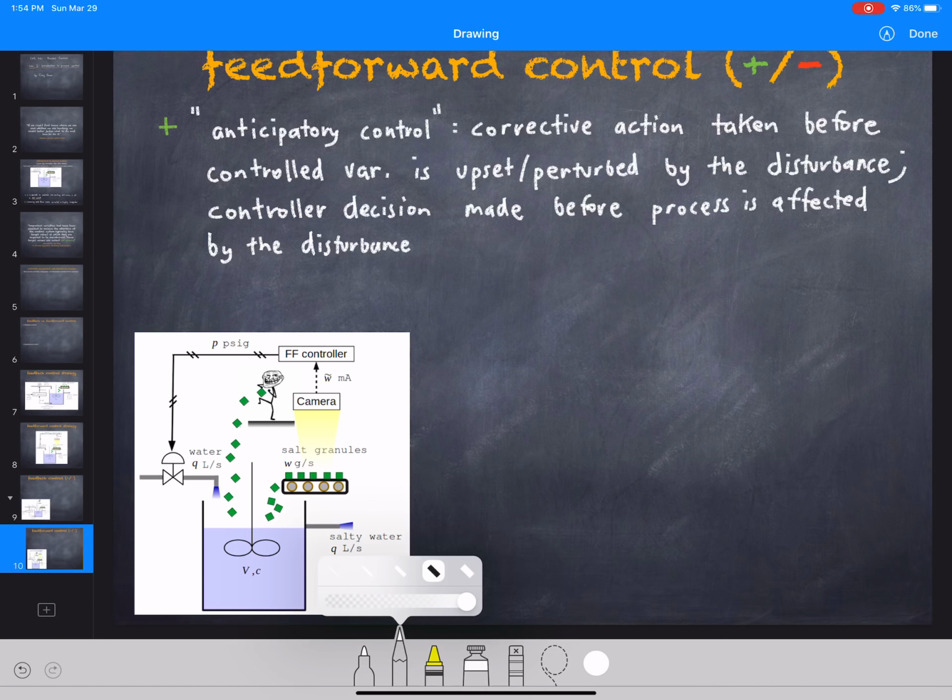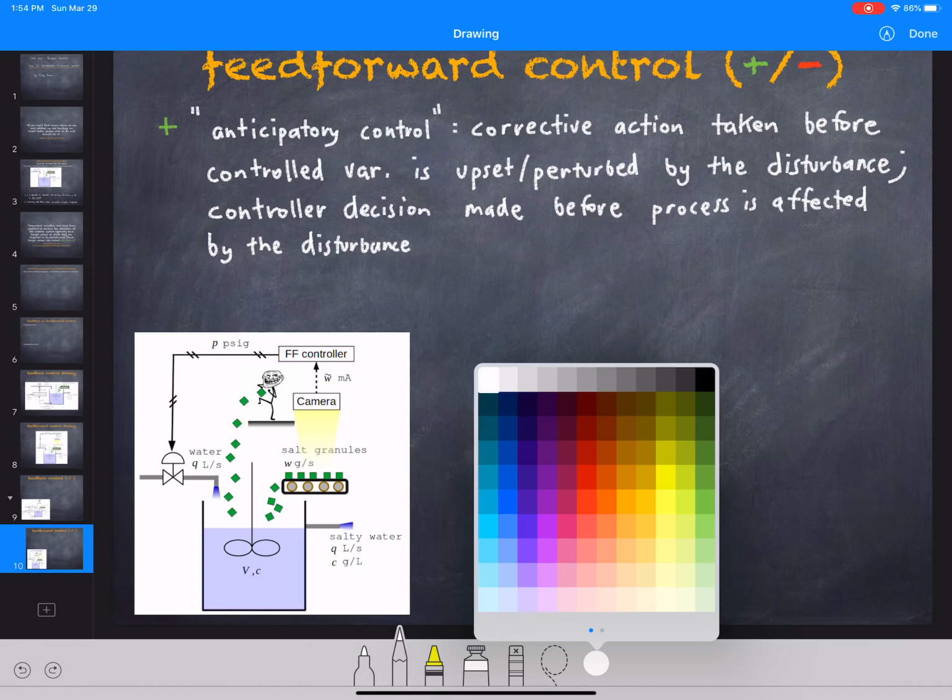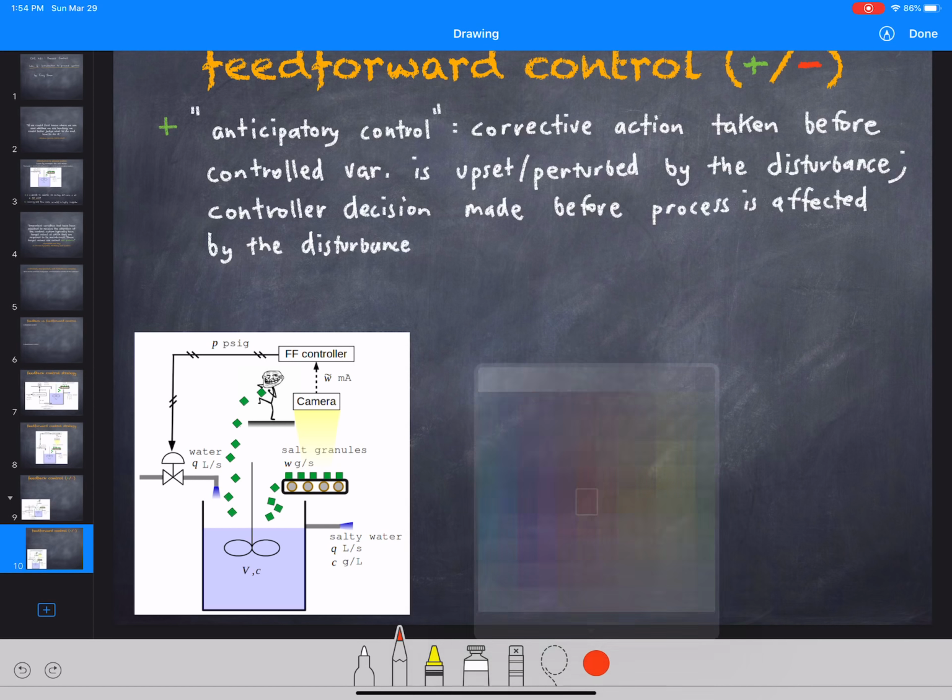Yeah, so that's a wonderful part of feed-forward control. And it makes total sense, right? So if you know that the salt granule flow rate is going to increase, then you know that you should take counteraction right away before you see that water get a lot saltier than you want it to be, right? And so that makes total sense. That's anticipatory control. However, there are a few downsides to feed-forward control, which actually makes it less common than feedback